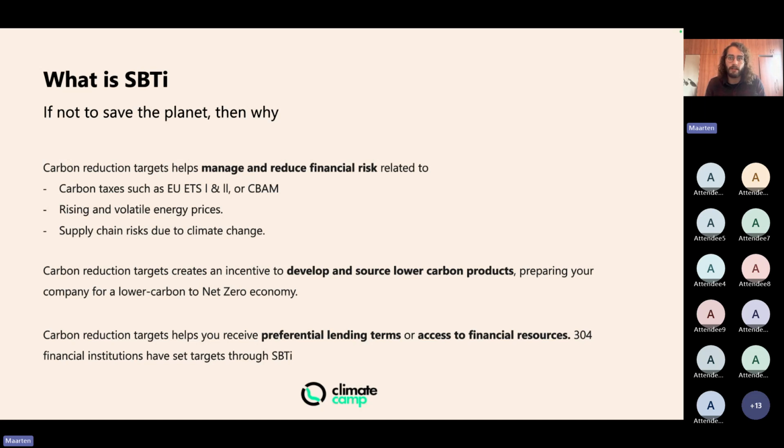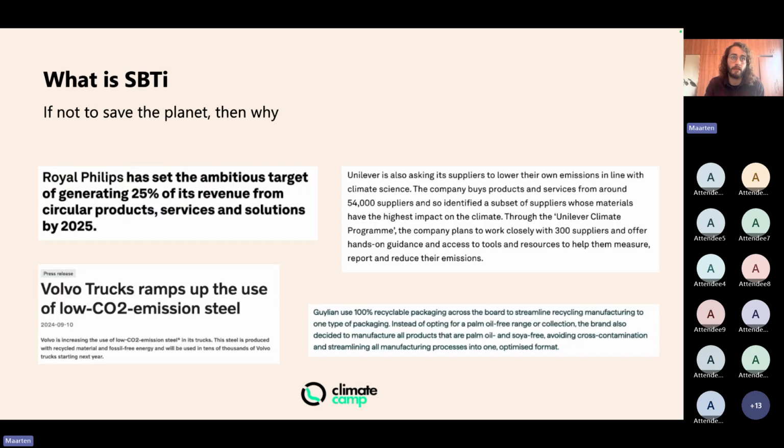Across the globe, venture capitalist funds or VCs have shown that they are embedding sustainability metrics in their eligibility criteria for lending or financial instruments. There are also 304 financial institutions on SBTi, and they have to reduce through their portfolio. So that means there are banks like BNP, Degroof Petercam, other financial institutions, which have to reduce through their portfolio, which means they will extend preferential lending terms to their companies.